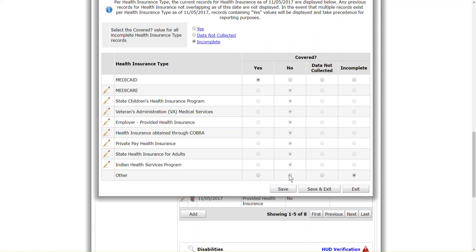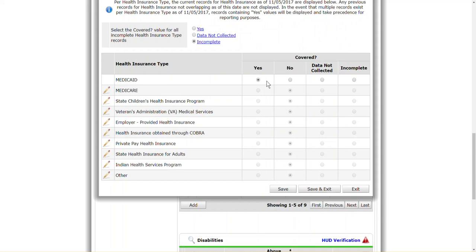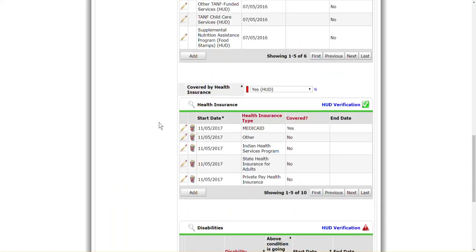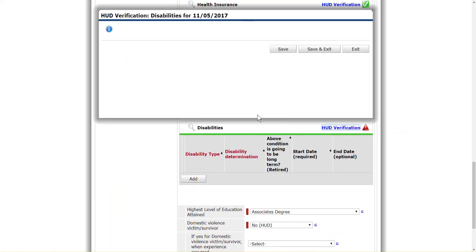Alright, and once we're done there, we'll complete that. And once we're done with all those options there, we'll click Save and Exit. Perfect. We'll also go to disabilities, and I'll complete the HUD verification here as well, because we want to make